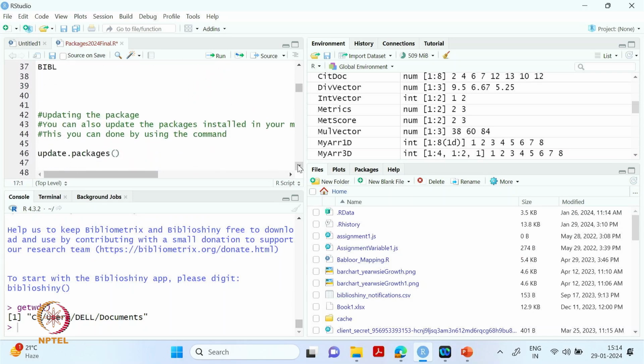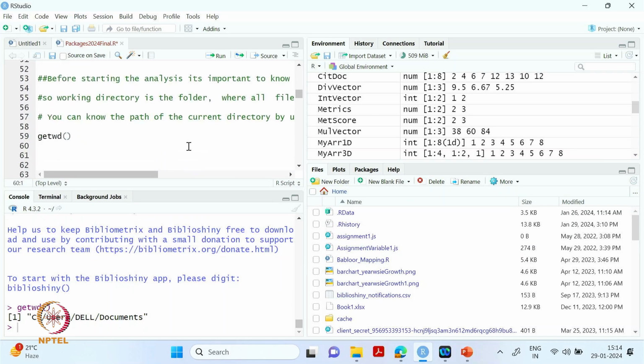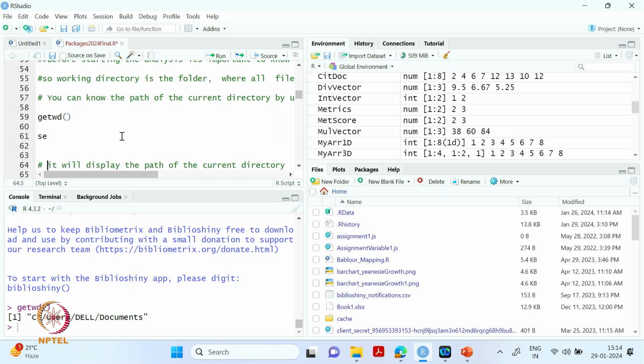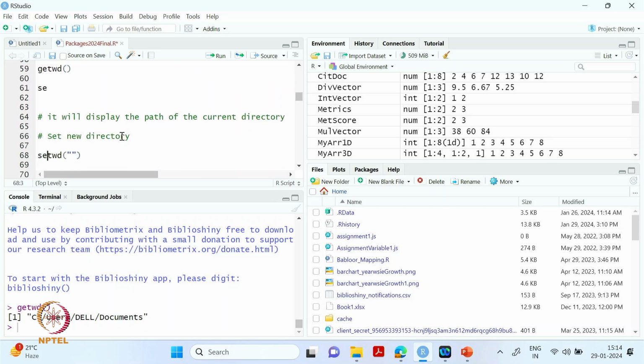If you want to change the directory, my default directory is documents, but if you want to change this directory to downloads, for that you have to use the function set working directory, and under set working directory you have to give the path. So say for example, I just copy this here and now downloads,